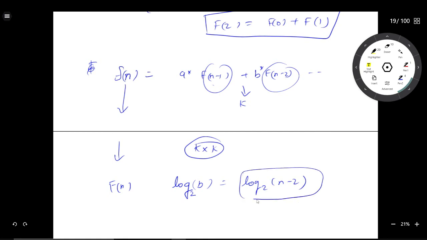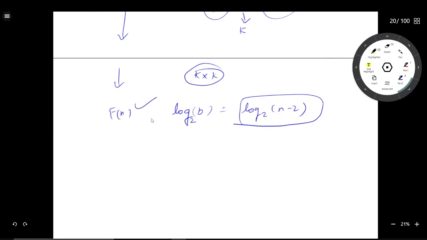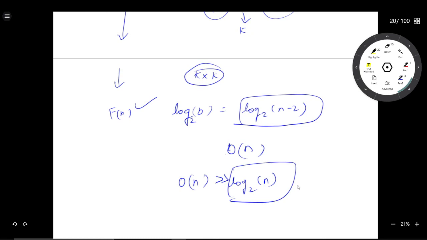Okay, this will be our time complexity of finding f of n, and if we find it by using dp, then it will take O of n time, and if we find it by this, then it will take log of base 2 of n time, and which is much less than O of n. Hence this will be the efficient approach, and time complexity will be log n base 2. Thank you.